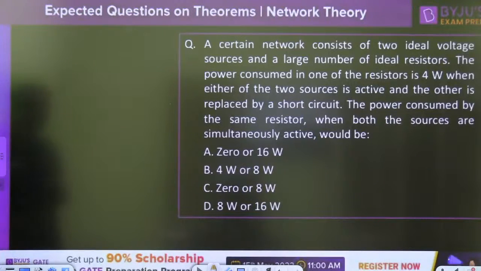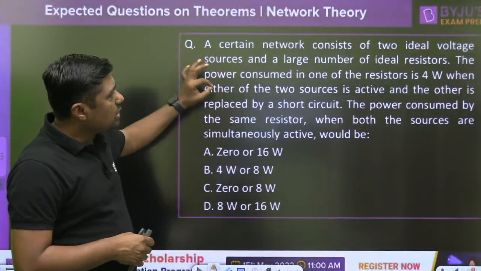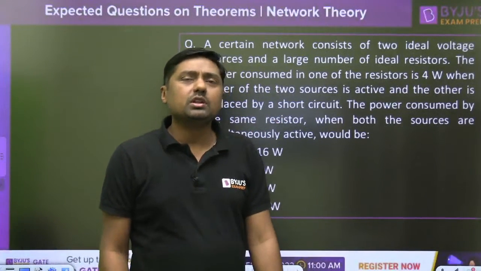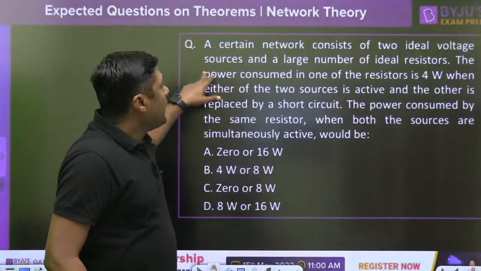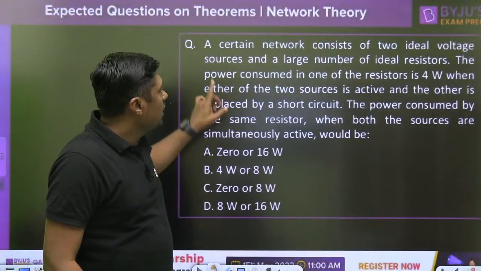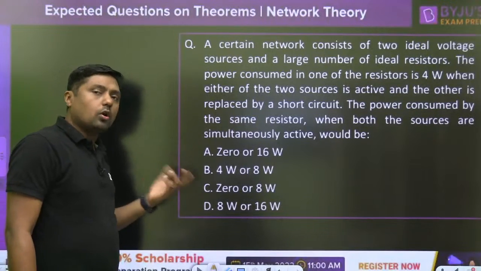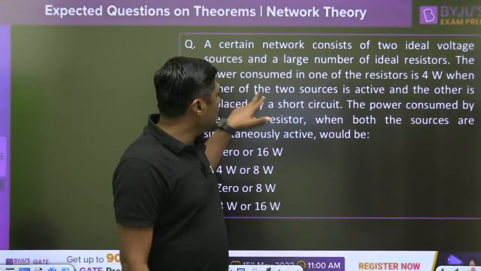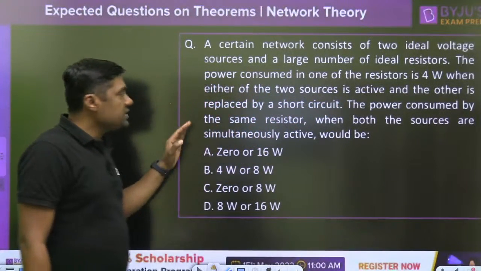Give me the answer for this one. A certain network consists of 2 ideal voltage sources. In a particular network, there are 2 ideal voltage sources and a large number of ideal resistors. The power consumed in one of the resistors is 4 watt. When either of the 2 sources is active and the other is replaced by a short circuit,